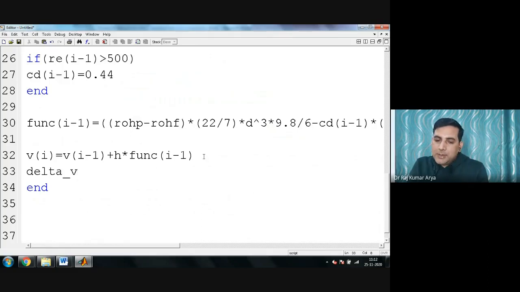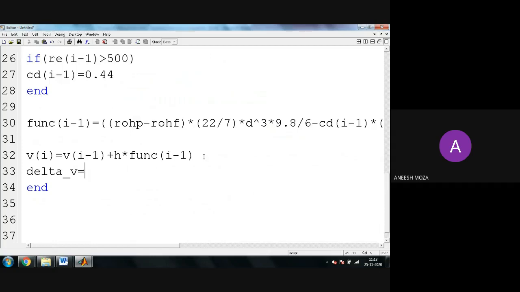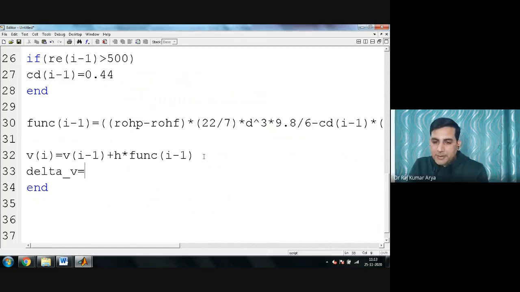So if you want to write delta V, the difference in velocity, I need a new velocity and old velocity, correct or not? Yes, sir. So if I can somehow calculate that V I, which we calculated new, minus V I minus 1, shall I put here an absolute sign?